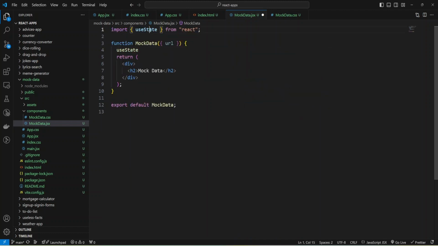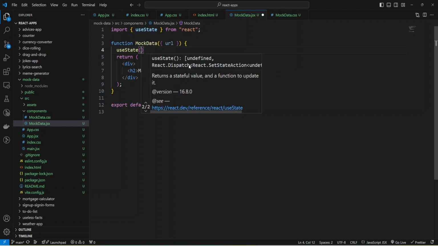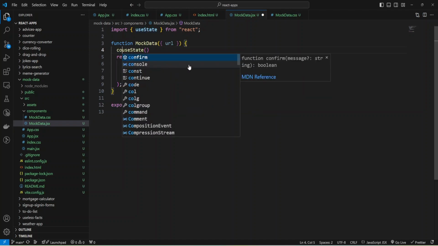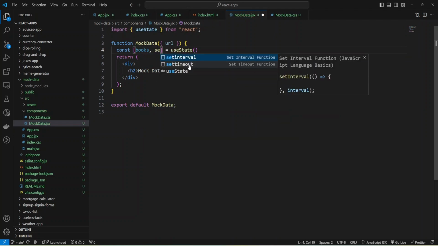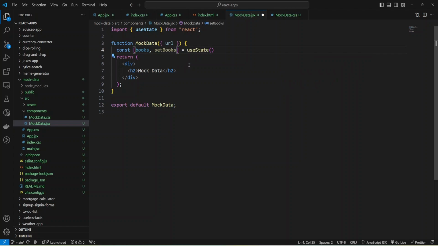As you can see, the import was added, and I need state for my books: const books, and the function setBooks will change the state, and as the initial state I'll use an empty array.